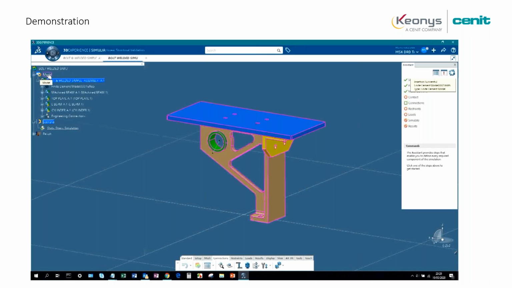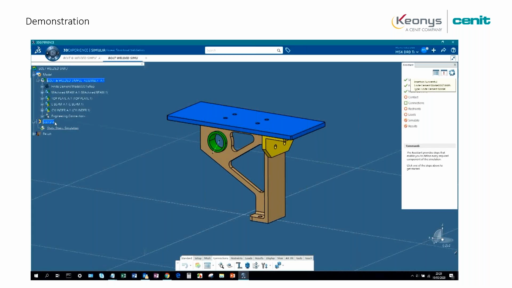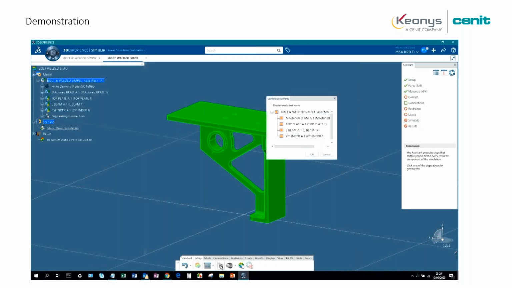On the left, the tree has changed, and you can see on the model this is the same tree as in CATIA. And then we are creating the scenario. On the right, you see the assistant, and we will set up the simulation with the help of the assistant.